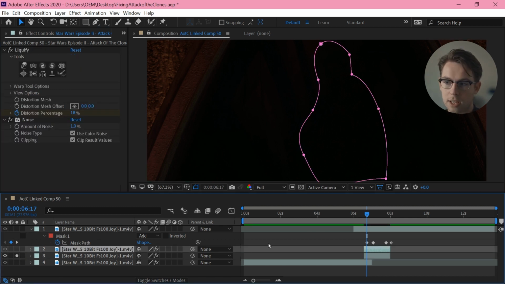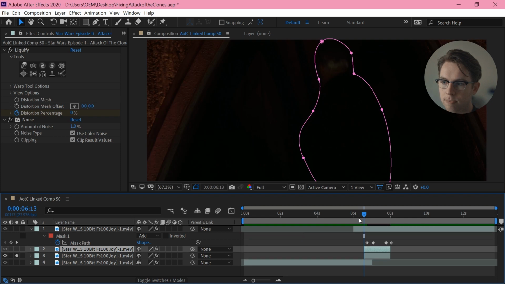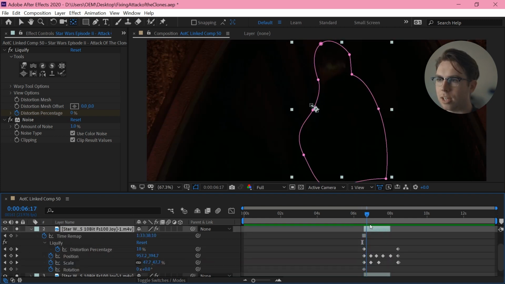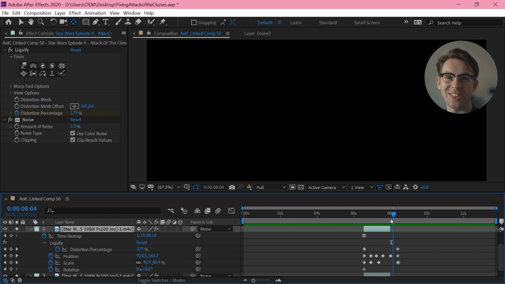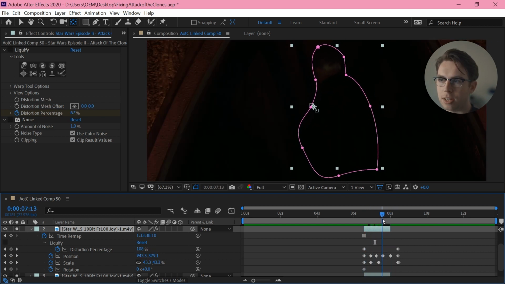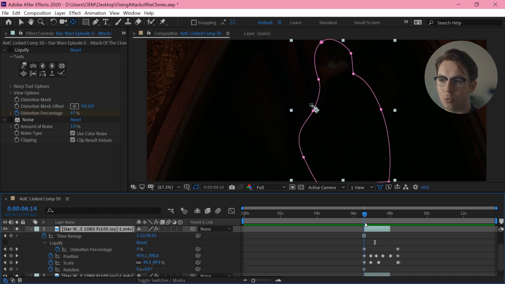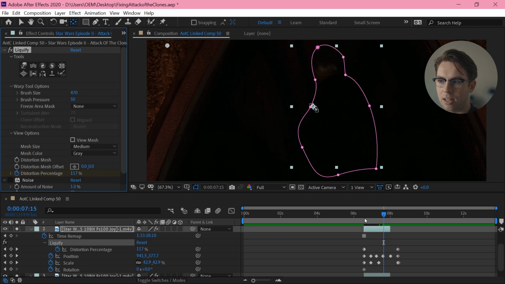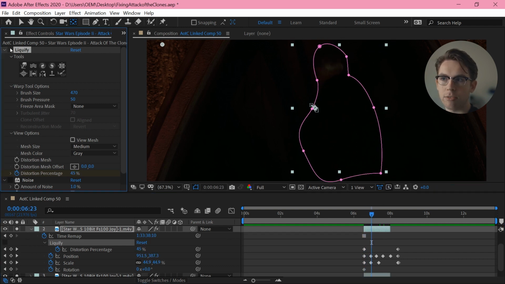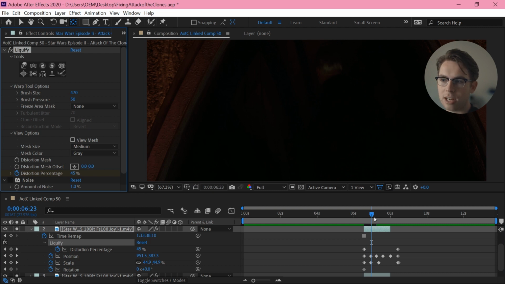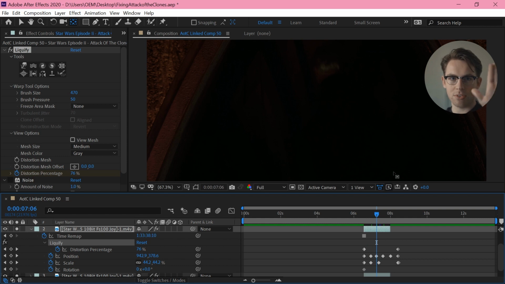And then I'm taking a freeze frame from the same place. I'm taking a freeze frame of Count Dooku and just very loosely animating him to sort of walk away. So, you know, I'm moving the position and scale and having him do some weird little steps. And then to sell all that a little better, I'm doing a liquefy effect to have him rotate his head around and shift a little, so it's not just obviously a 2D card moving around.